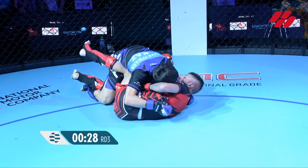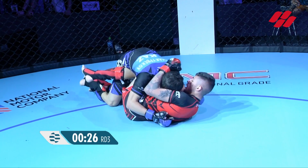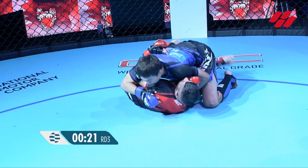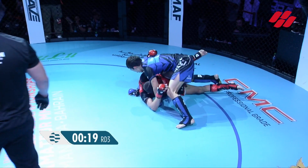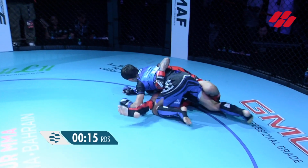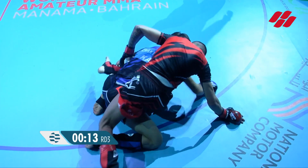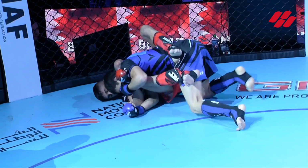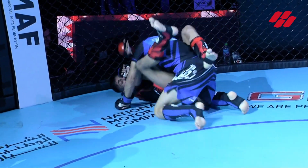Plant your feet for power, and your opponent's known for changing his levels and taking you down, and it's very difficult for you to establish any escapes from your back or even sweeps. So nonetheless, it's a very difficult feat for Arif to overcome here. And coming up to the last 10 seconds of this fight, and Arif is almost certainly down on the scorecards here